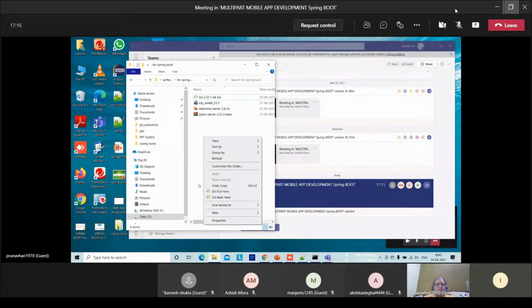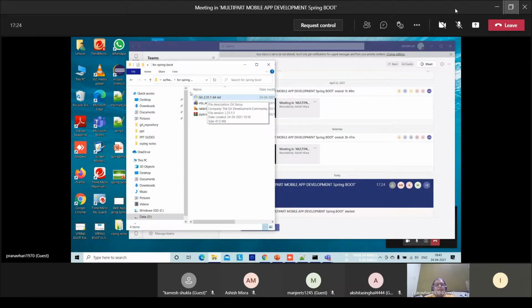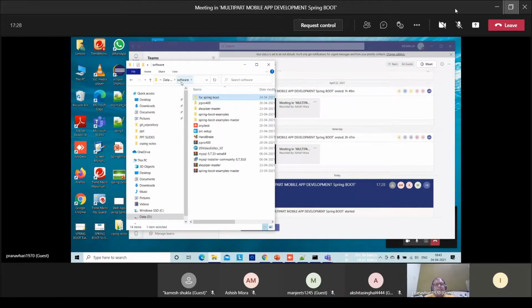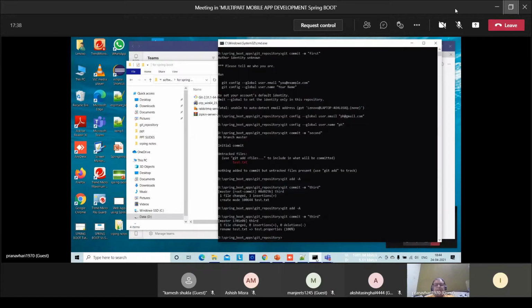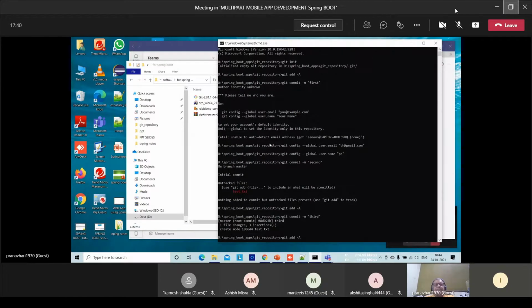Once Git is installed, now you have to run Git in CMD mode, command mode. This is open here. You just write here CMD and hit enter, and it will be opened into a command window. And that command window is already open. I will take you to that place. This is the command window.